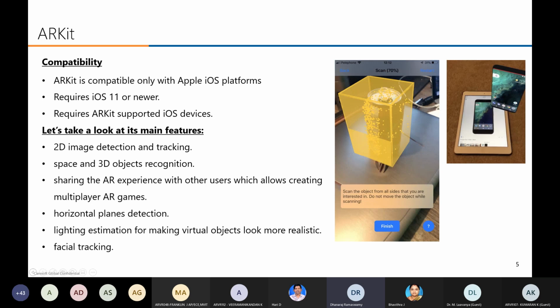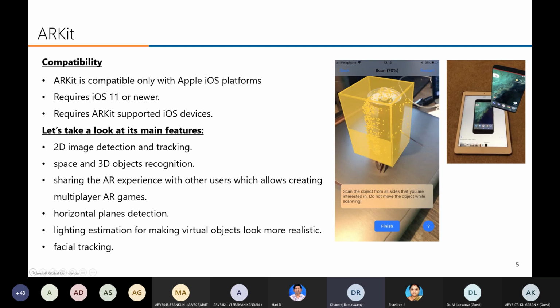It also requires an ARKit-supported iOS device. For example, if you are using an old mobile like an iPhone 6, definitely it won't support, because the iPhone 6 doesn't support AR applications. If you want to use an AR application or play any AR game, the mobile should support AR features.